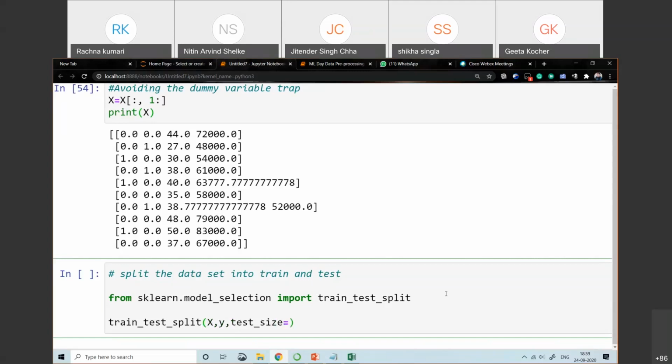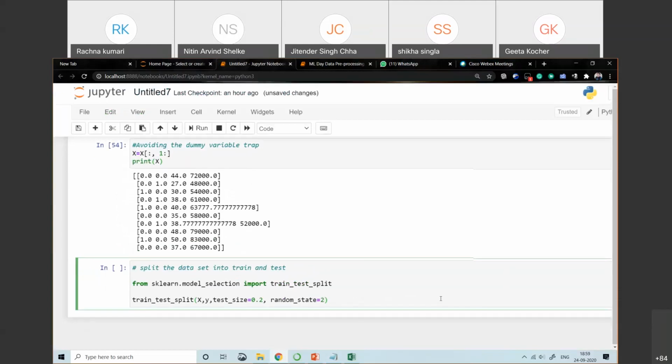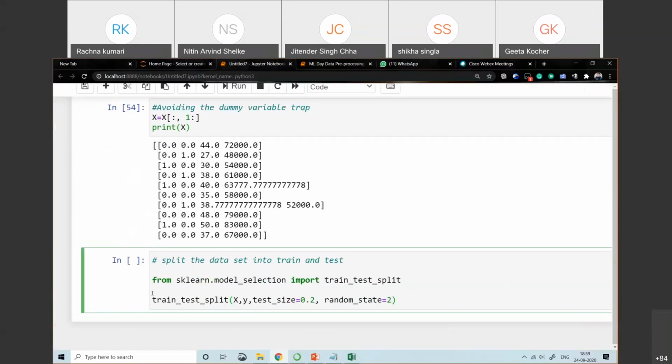It should be in percentage that I am considering here, 0.2. That means 20% is allocated for the test data set, 80% is allocated for the training data set, and random_state. You can take any value for the random_state. Okay, now let me execute it.